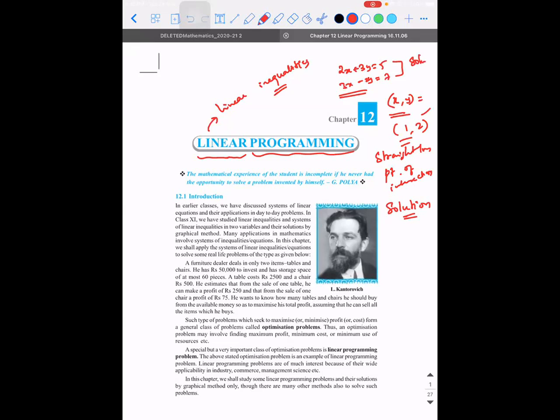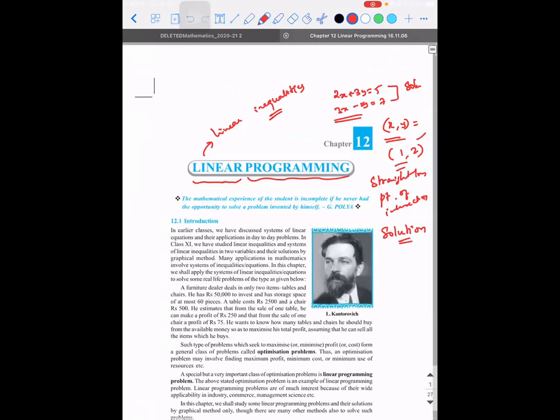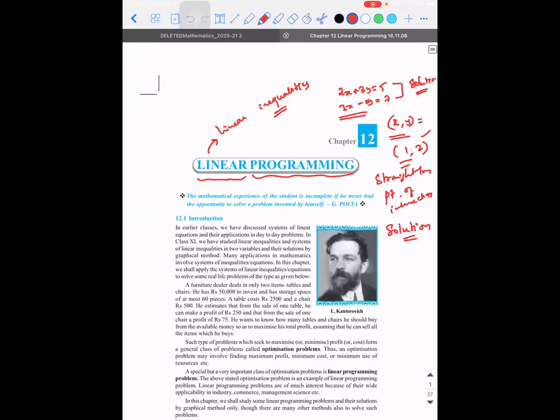For two given linear equations in two variables, if I ask you to find the solution, you will solve both the equations and find the corresponding values of x and y. What will be the property of those two values? Those two values will satisfy both the equations. You take 1 and 2, substitute it in the first equation or in the second equation, and it will satisfy. So that is the meaning of solving a linear equation.